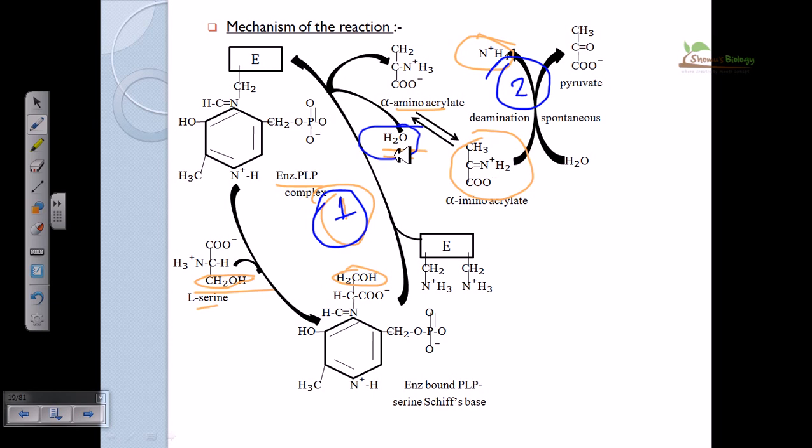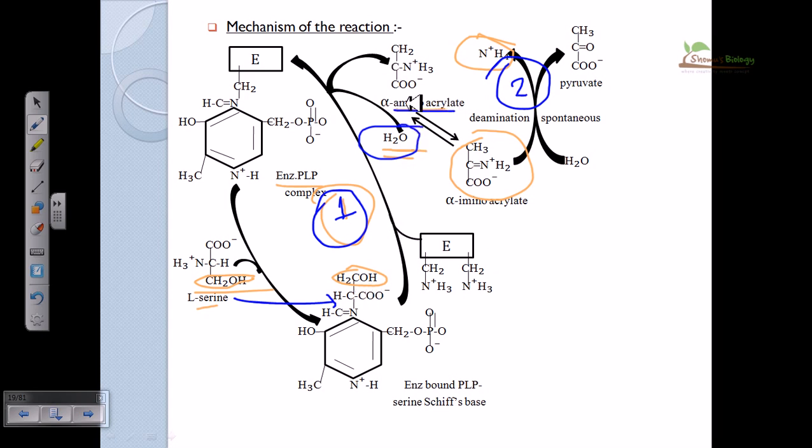In the first reaction, H2O is produced, PLP is modifying, and PLP is doing all the job, and the enzyme is released from the PLP in the first place. So the enzyme is dissociated, L-serine or amino acid is attached, and then again the enzyme is attached, the amino acid is converted to the alpha amino acid, and then it will be released, right? So it's an intermediate. Here is the alpha aminoacrylate. The acrylate intermediate is produced and it will be released. The enzyme will associate with the PLP again.